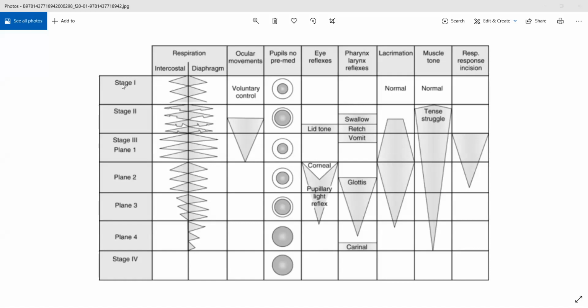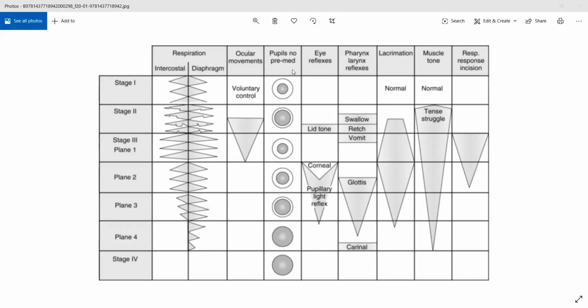Now coming to the second stage of anesthesia, that will be the stage of delirium. This is a stage that is rarely seen nowadays with modern anesthetics. Initially, with earlier anesthetics that were being used, a stage called the stage of delirium would be seen. This is a stage between loss of consciousness and surgical anesthesia. In this condition, patients used to exhibit excitement. They would shout, they would cry sometimes, violent behavior, extreme reflexive activity. That used to happen, but with modern anesthetics, it is very rarely seen nowadays.